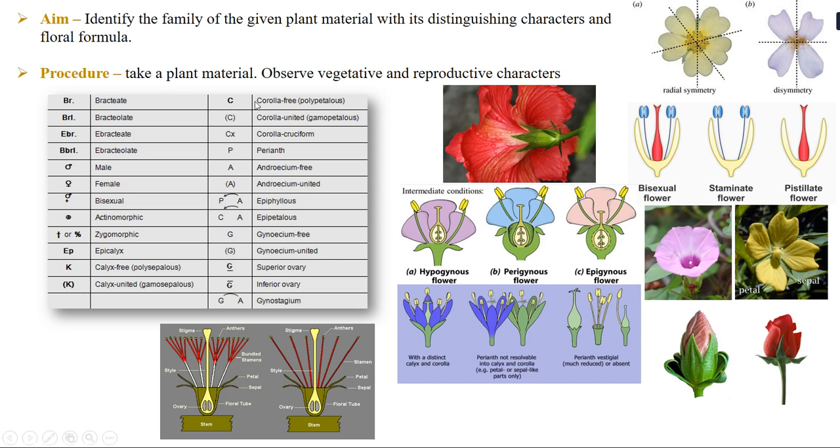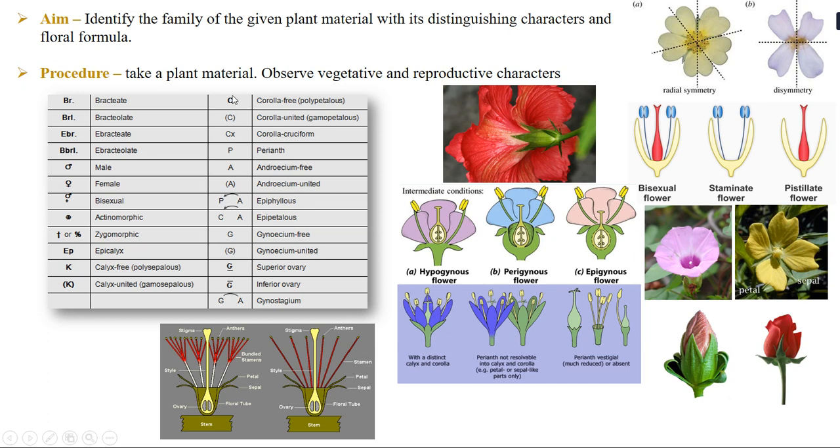Okay, coming to the next word, that is the corolla. Now same goes with the corolla, but corolla is being denoted by an alphabet C. So please remember, calyx is denoted by an alphabet K and corolla is denoted by an alphabet C. Now, if the corollas are free from each other, like in this flower, it is a polypetalous condition, then you